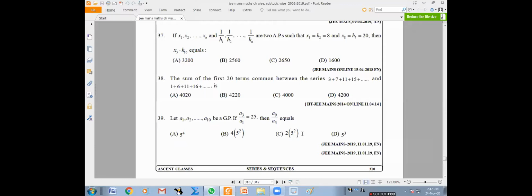Yes, sir. And we can even add quickly because this is 10 plus 1, this is 30 plus 1, this is 50 plus 1, 70 plus 1. So these are like odd numbers, 1, 3, 5. So the first 20 odd numbers will be 20 square, 400. So 400 plus 20 times 1, 420 should become. Up to 40, anything else?